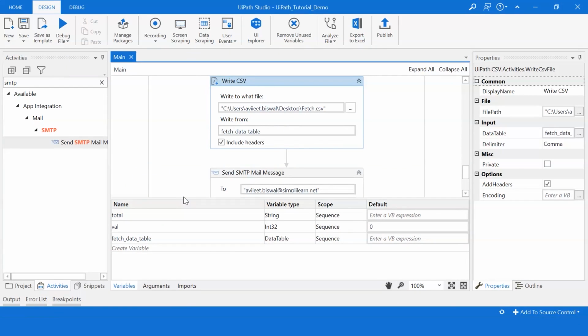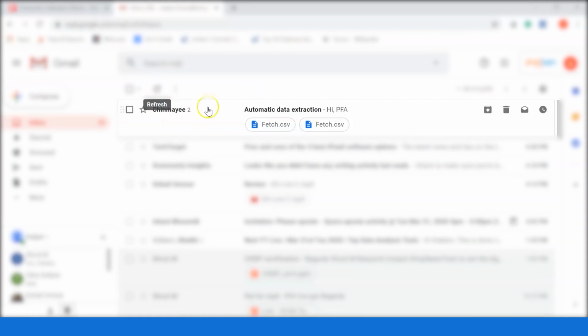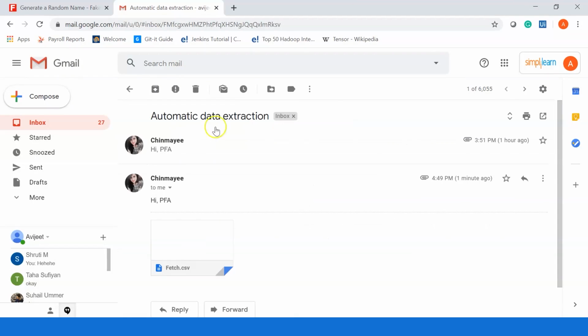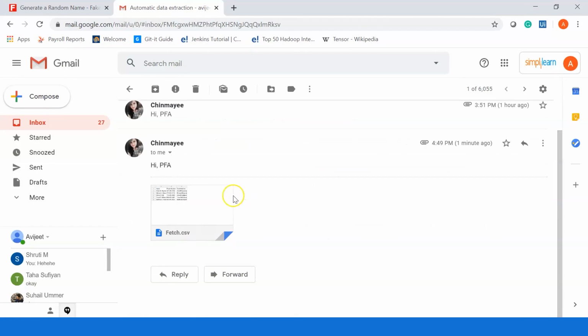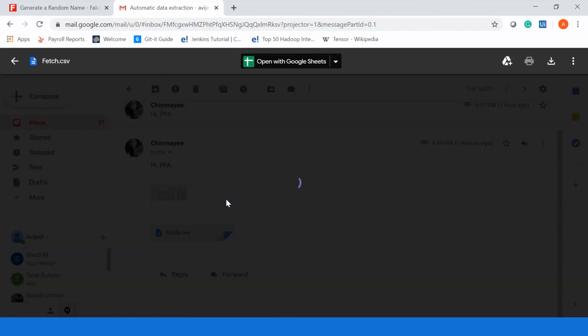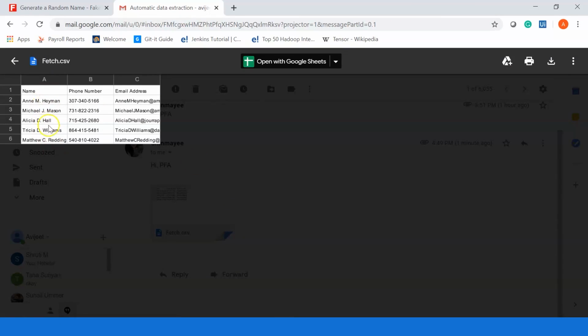So we have successfully run our program. Now let me check my inbox if I have got any mail from Chinmay. So there you go. I have got this email, and below you can see the fetch.csv file attached, and it has 5 rows.